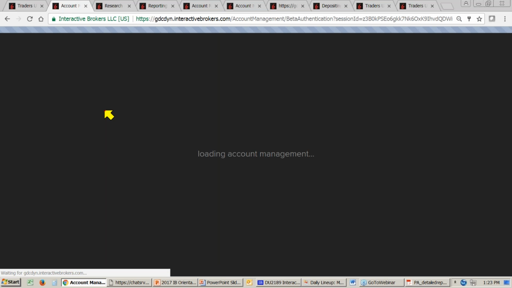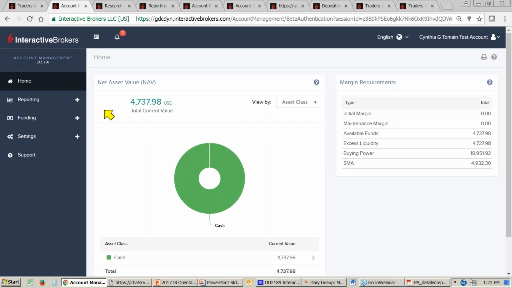But I do want you to be aware that this is not yet fully functional. But this is what's going to happen over the next few months with account management. Everything that we've been talking about today will still be included in here, but you'll see that this new beta release